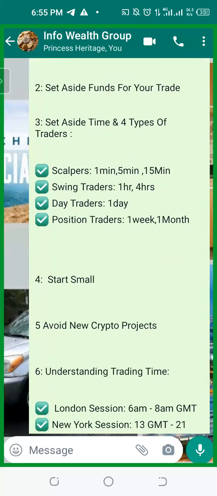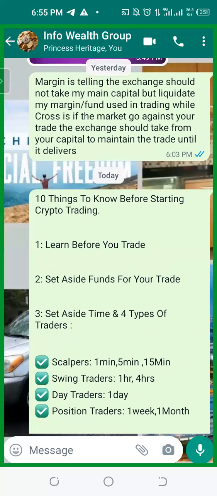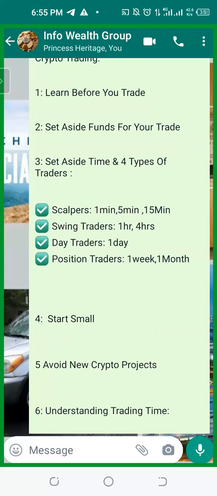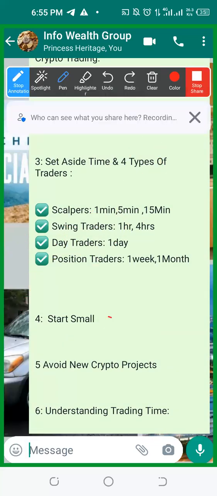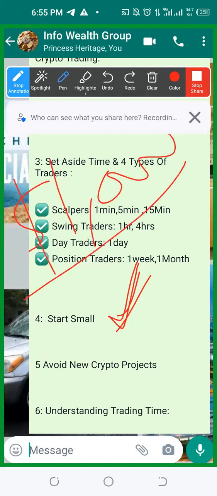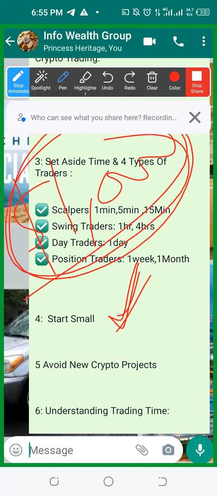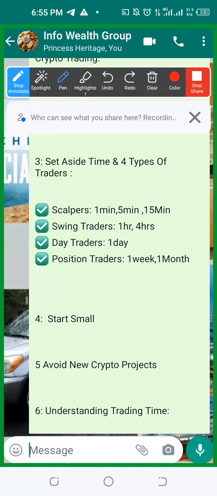Now, let me go to the next point in the 10 things to know before you start trading. You need to start trading small. Always start trading small with small amounts. That's why somebody came to me last week. He started with $1,000. I told him that you can't put all this money in a coin. I will never allow you to do that. That's why we have what we call dollar cost average. That's the work